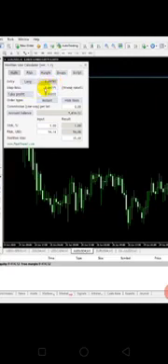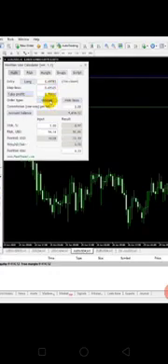Here is the stop loss I would like to place. One second, I'm adding the stop loss here. I will add my stop loss as 50. Okay, I'm putting my TP to 0.7000. Okay, if I want to put a pending order, then I would choose pending here, but right now I want to place the trade instantly.